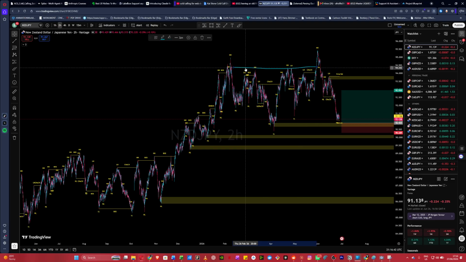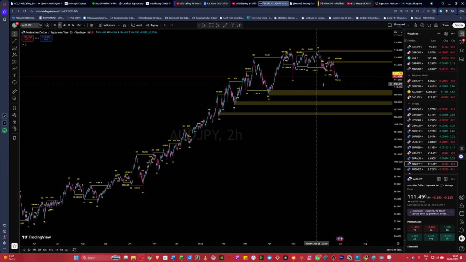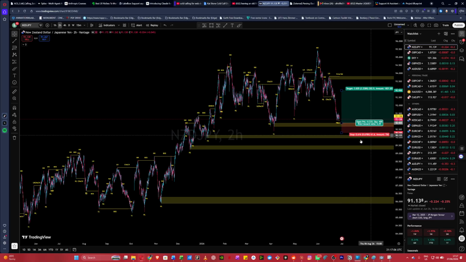So I'm actually just going to let it go. But if the other JPY pairs were at similar major levels, I'd definitely have taken this, right? Like I said, it's not just about recognizing patterns. You have to combine them together: pattern, market structure, correlation, volume, DXY, and news as well.